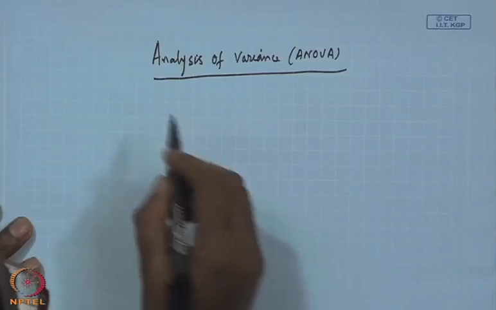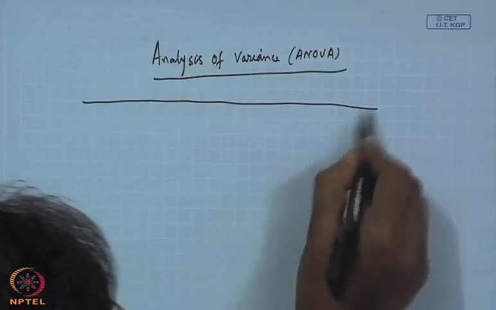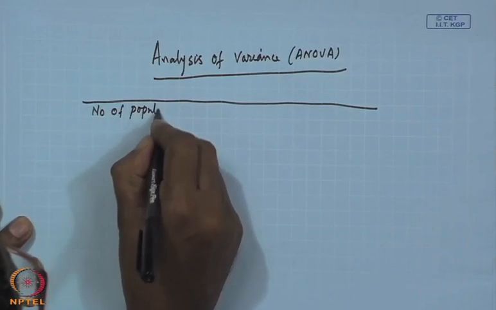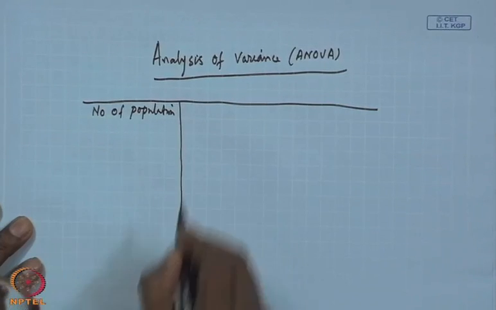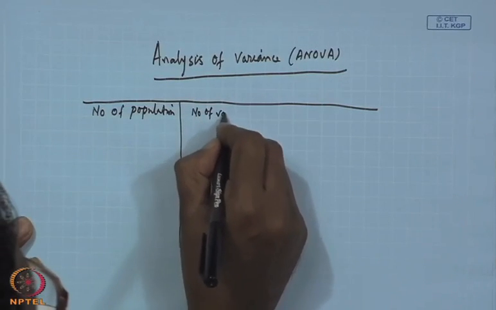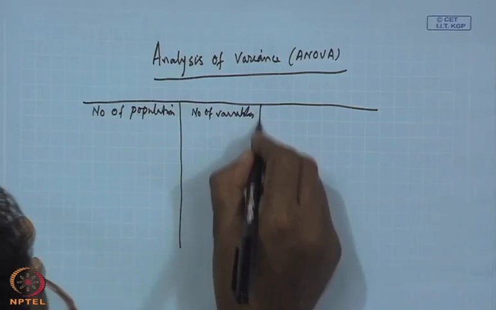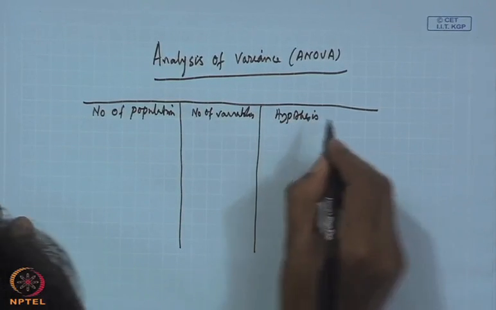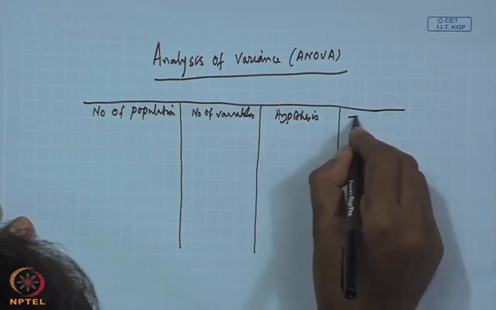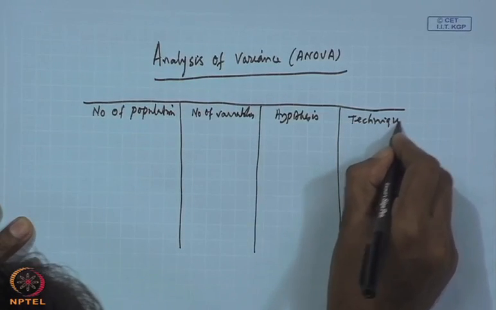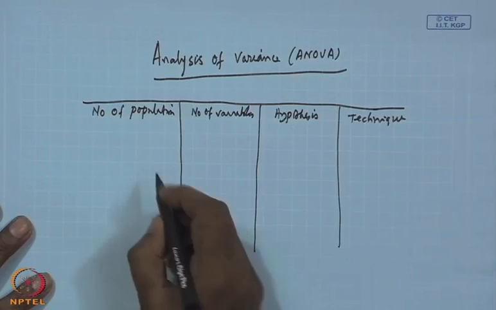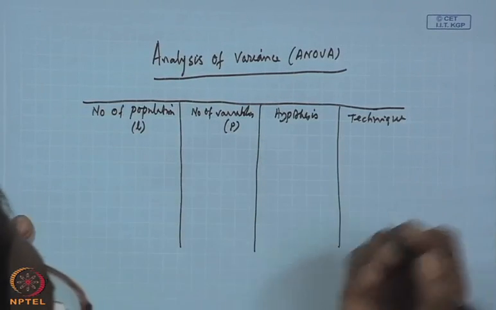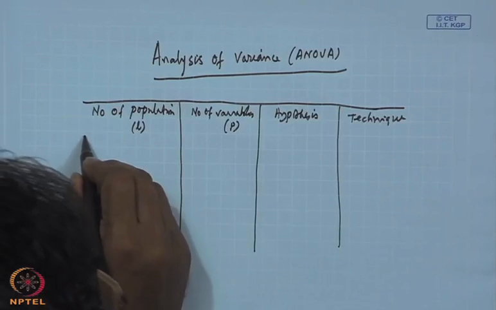If we just recapitulate this, we will find: the number of populations, then the number of variables, then the hypothesis, then the techniques used. What technique is used? If you say number of populations L, number of variables P, and the hypothesis as usual,